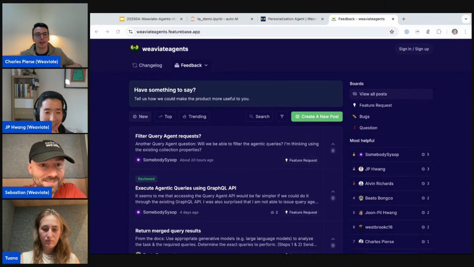The first bigger, broader picture thing I'd like to focus on is that we're really trying to hone in on making all of these agents work together. For instance, you might have the query agent and the personalization agent running. Very soon you'll be able to also just pass a persona ID to the query agent, and it means any of the queries that the query agent does will be personalized to your preferences. So you can make the query agent personalized if you need to. The same goes for the transformation agent, where we want to see what can happen if you kickstart a transform via the query agent or something like this.